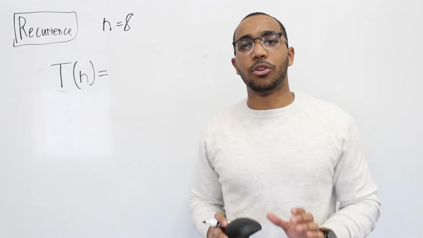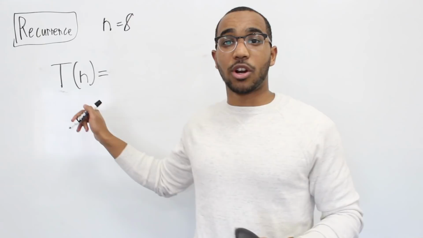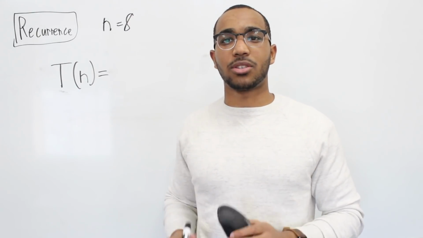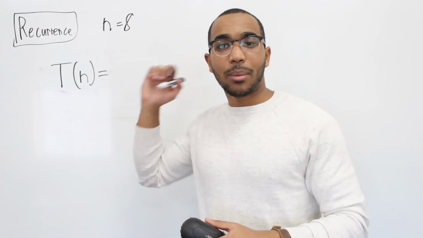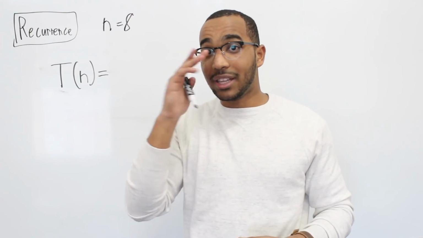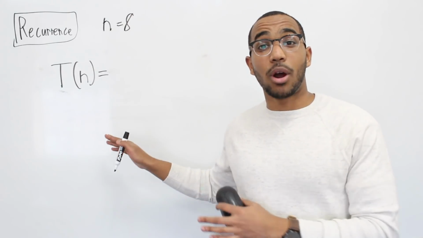So now let's look at the recurrence relation. So what is a recurrence relation? All a recurrence relation says is I want to recursively define what the answer to the subproblem is. So if I'm given an input of size n, what I'm going to do is go left, go right. And remember how the tree looks. Let me draw it very quickly.